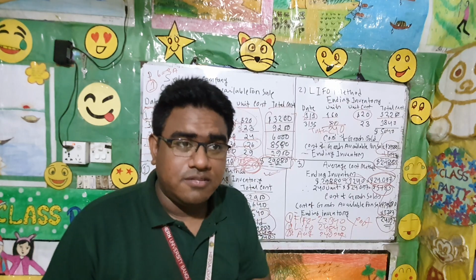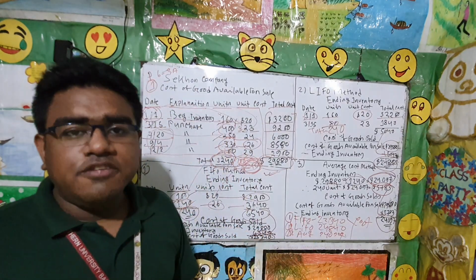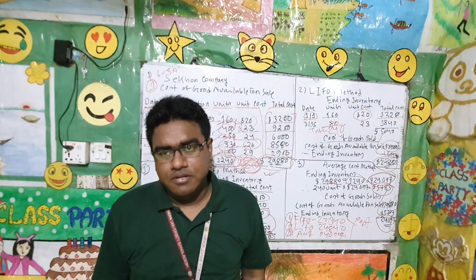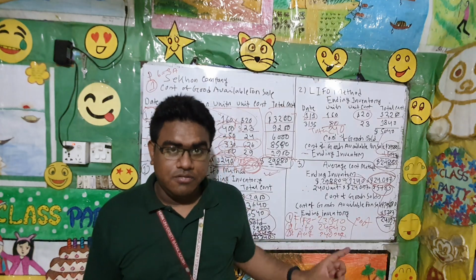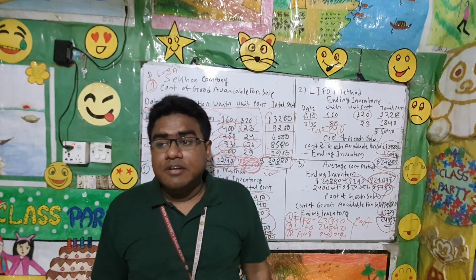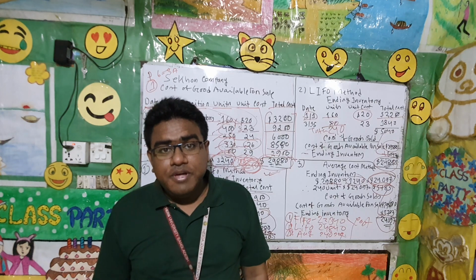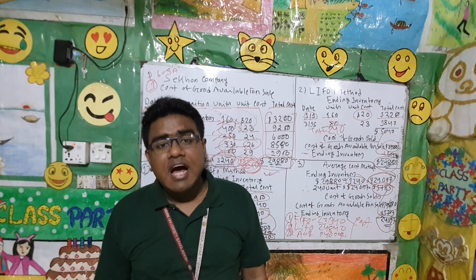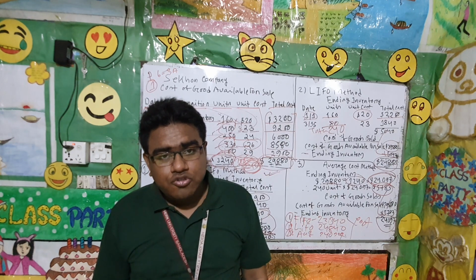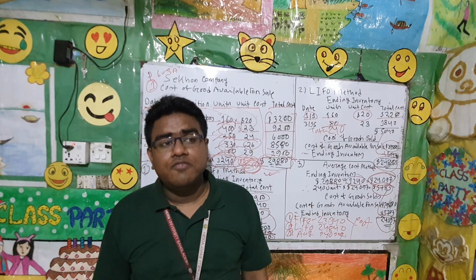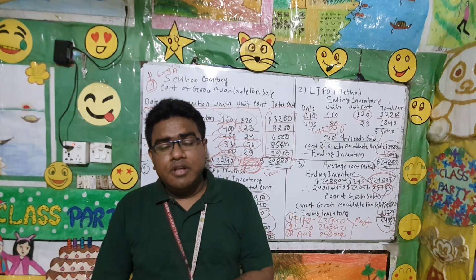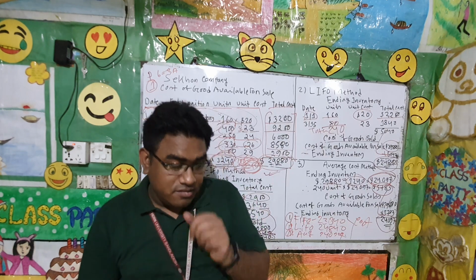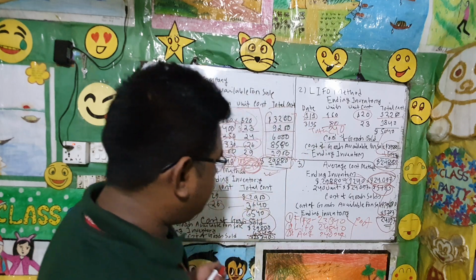But now I am giving the answer. LIFO is mostly preferred by accountants nowadays. It is the highest. You know why? You may be confused: sir, we are cost effective or cost efficient, so why do we need to show the highest cost of inventory, cost of goods sold in our statement instead of showing the lesser one? That's the reason. Because